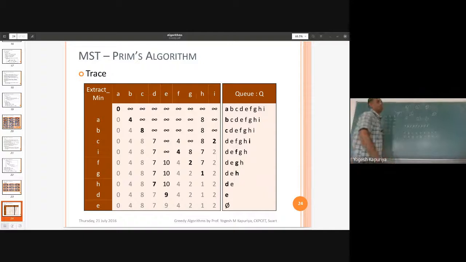So what is going to give you the minimum spanning tree? Parents, right? Just make sure that each node is connected with its parent.